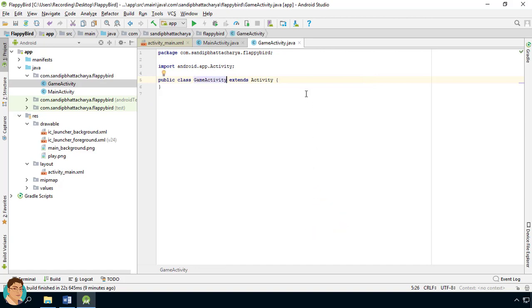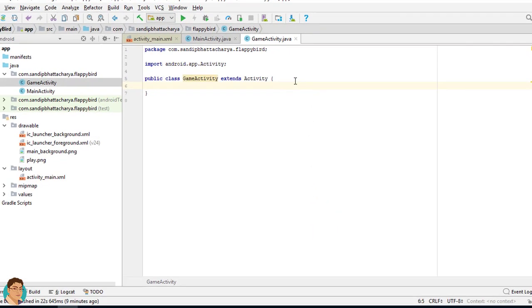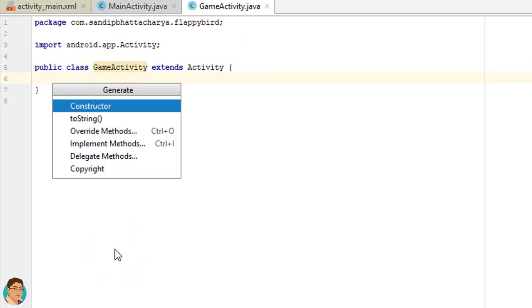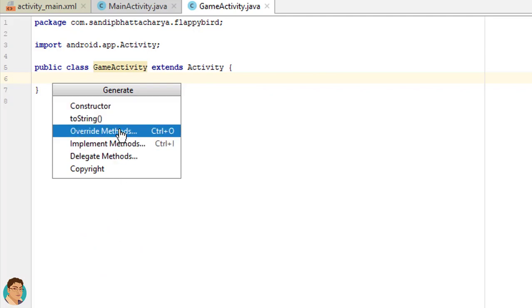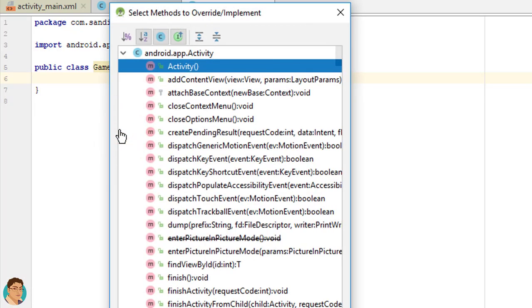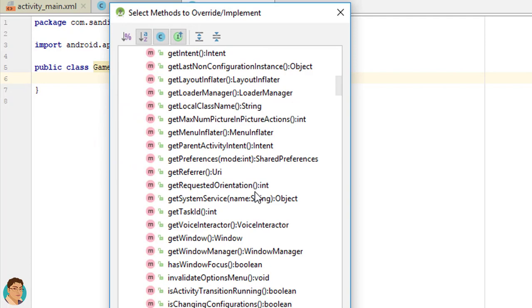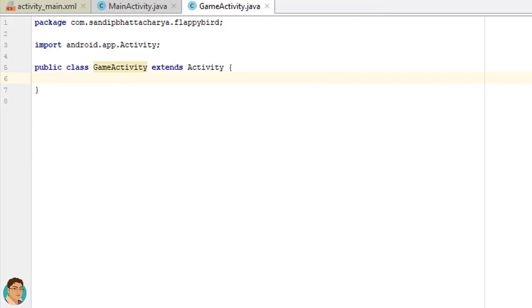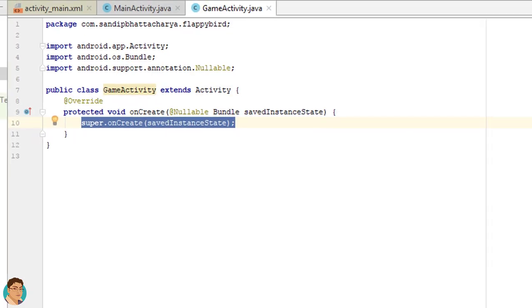Inside this class, right-click, Generate, Override Methods, and select onCreate. We will get back to this class later.